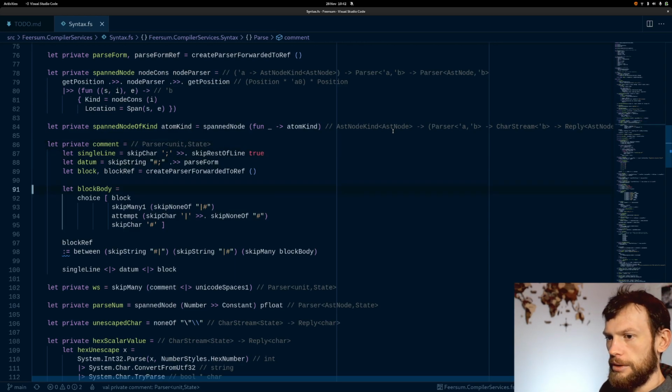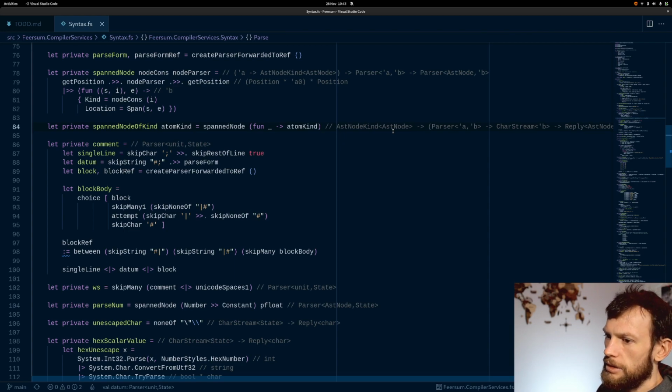The idea is that basically you build up parsers based on smaller parsers. So in the case of comment here, it has several different smaller parsers. It just has local variables for things like block bodies, and then it produces a parser at the end, which is either a single line comment or a datum comment or a block comment. And this is great, and it's a really nice way of modeling languages, but